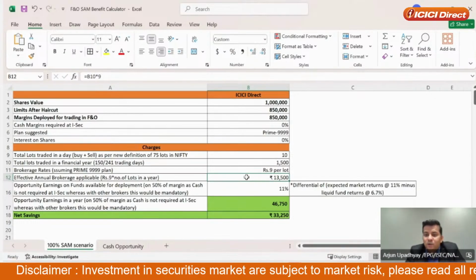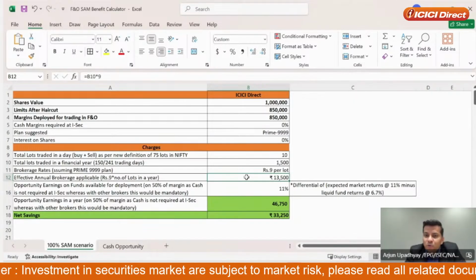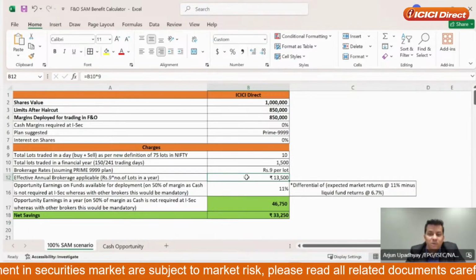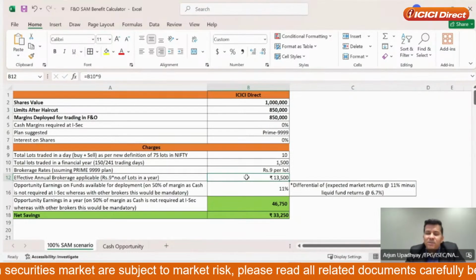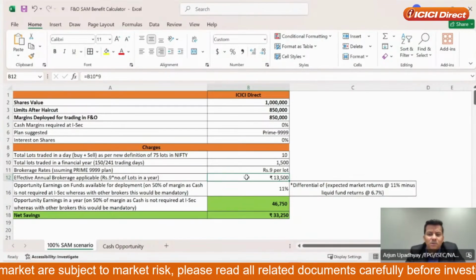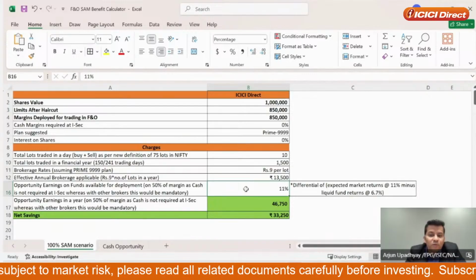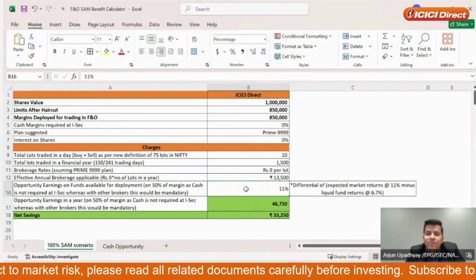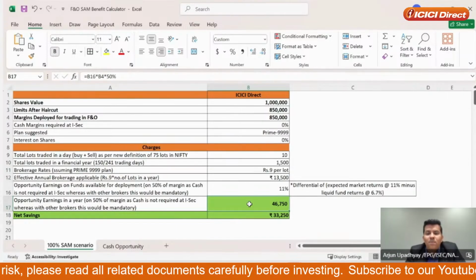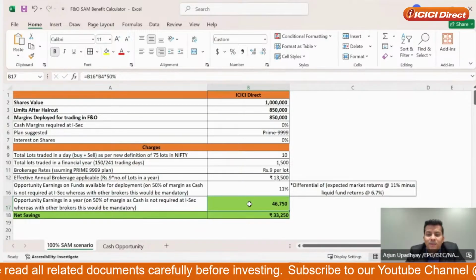But what did I save? So if we go back to the illustration, we saved 4.25 lakh rupees, right? Now that 4.25 lakh rupees as cash, which other brokers would have taken, is now with me in my bank account. And if I'm a smart investor, I'm saying, say, Nifty CAGR for the last 10 years is 11.69%. I say the markets will make 11% for me. That's what I desire out of the market. So that cash of 4.25 lakh rupees, I can assume that at 11%, that will work for me, which comes to 46,750.